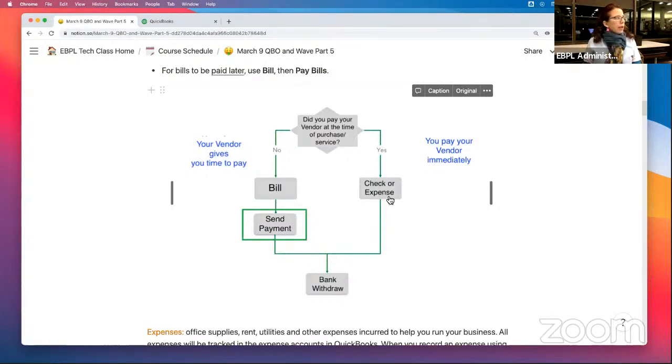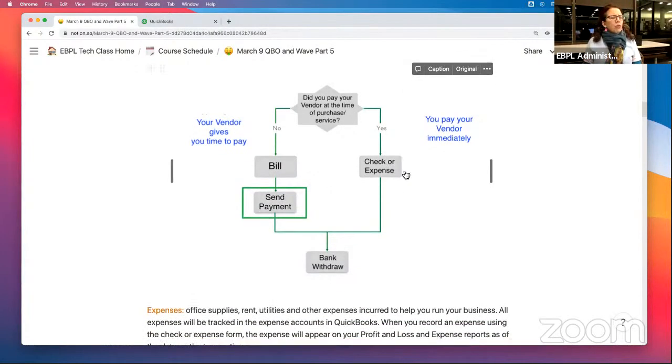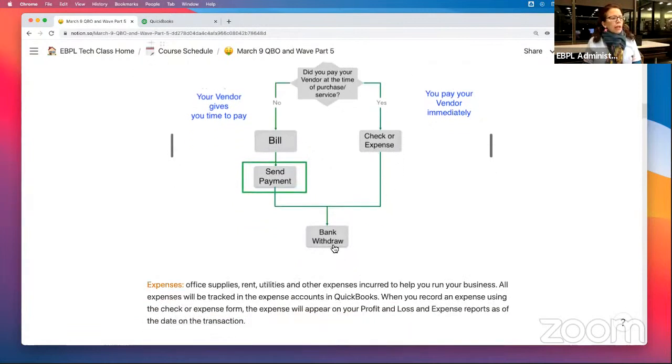So when you pay as an expense, you pay right away, either with a check or a credit card, but you're gonna issue an expense, and then that money is gonna come out of the bank. If you don't pay right away, the vendor's gonna send you a bill, so a request to pay. You're gonna enter that in QuickBooks as a bill,